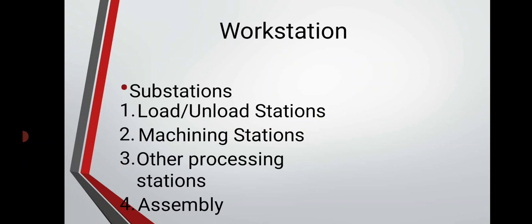Now, assembly station means assembly operations are also performed by some FMS. In such FMS, flexible automated assembly workstations are developed to replace manual labor in the assembly of products. Flexible automated assembly workstations are used in FMS for products made in batches. For this purpose, industrial robots are considered the most appropriate automated assembly workstation.